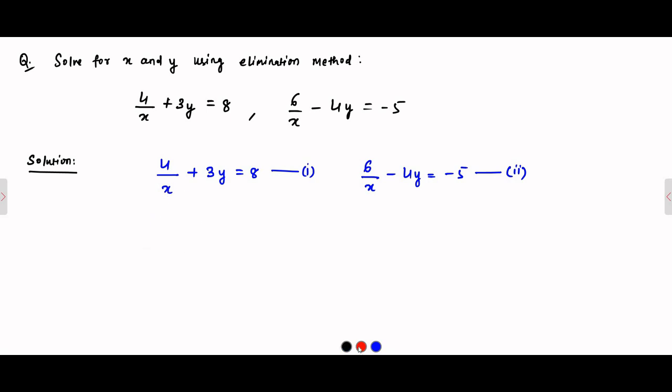So here, let 1 by x is equal to u. We introduce this. So when we substitute this in equations 1 and 2, we will get